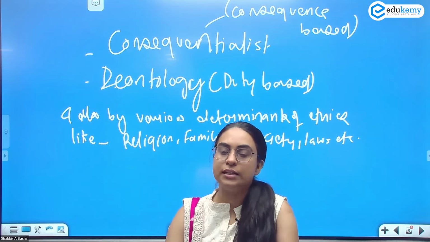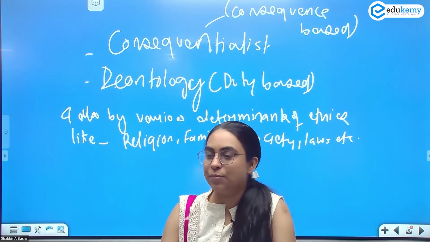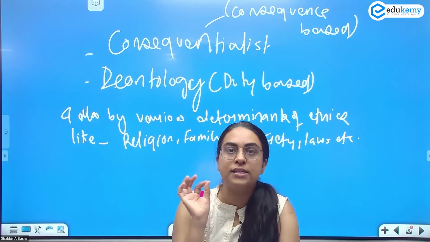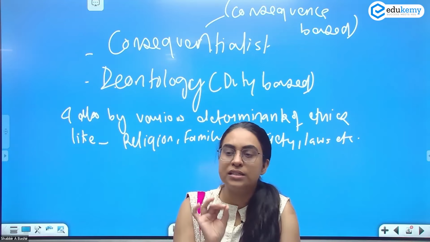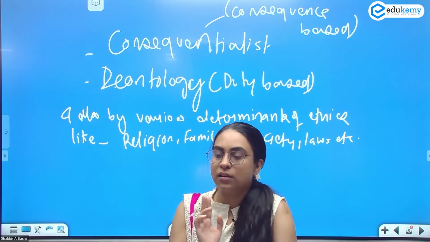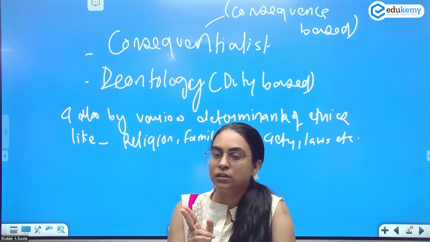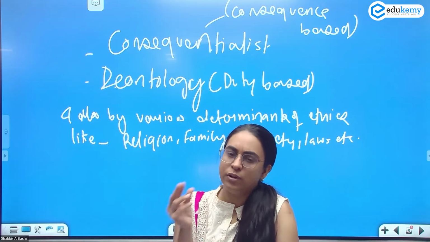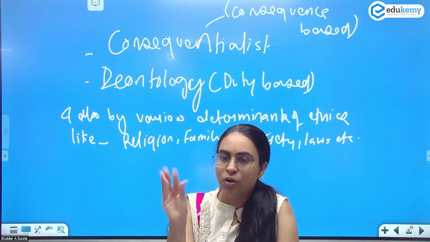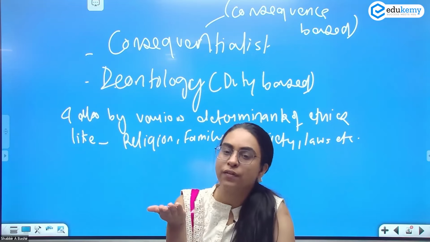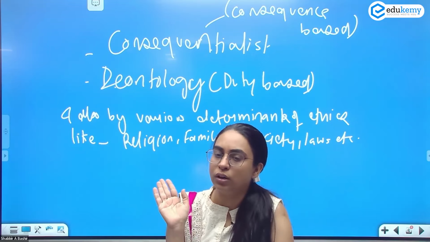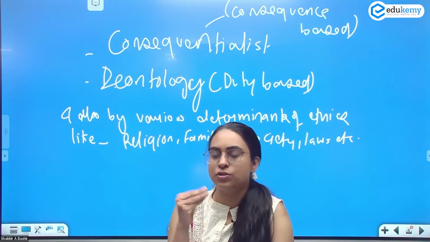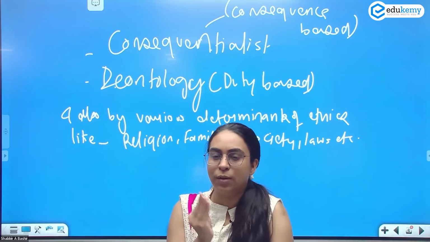Okay. So I'm just initiating the paper for you. Ethics, aptitude, and integrity. All of you, are you clear with these terms? What is ethics? What is aptitude? What is integrity? Ethics is prescriptive code of conduct, generally set by society. ठीक है? Because वही prescribe करते हैं, which helps you determine whether an act is right or wrong. There can be many determinants of ethics. Generally, society से ही जो होता है हम वो follow करते हैं, but there can be many sets of determinants. You can have family, religion, society, laws, constitution. ये होता है आपका ethics.